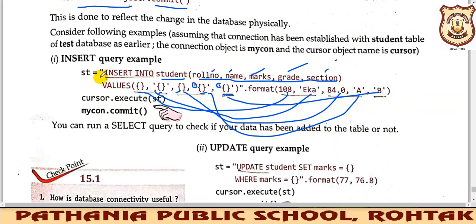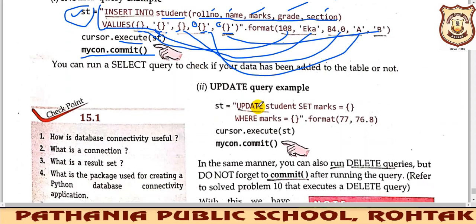Once you have written this query for the execute function, either you can write st is equal to this, or directly you can write the complete statement inside it, because ultimately it is going to get executed inside the execute function. So when I will be doing practical, I will not be writing st is equal to this. Instead, I will be writing cursor.execute, then the complete part inside the execute function only. Then finally we need to execute the commit function also, which will save the content inside my database.